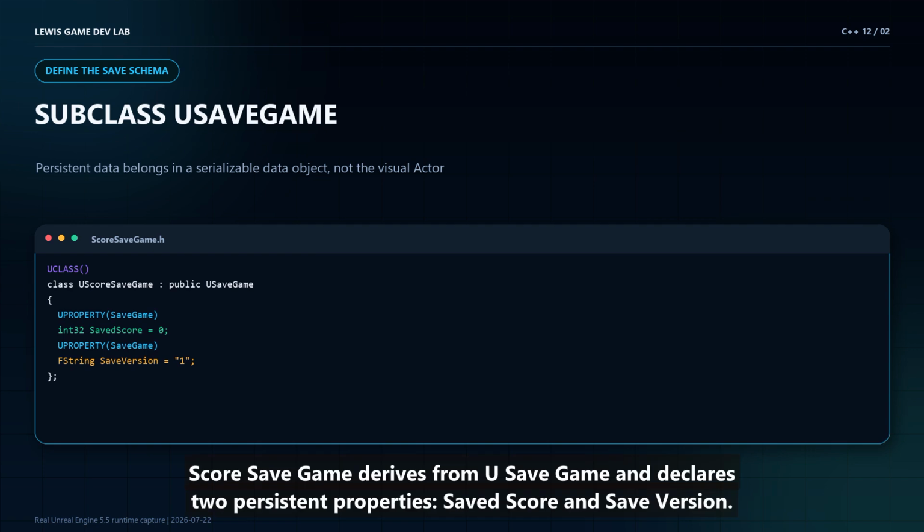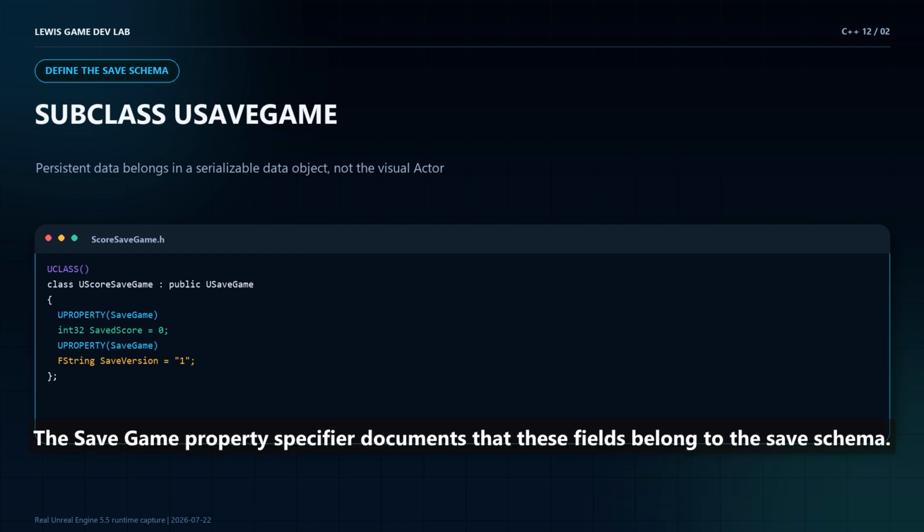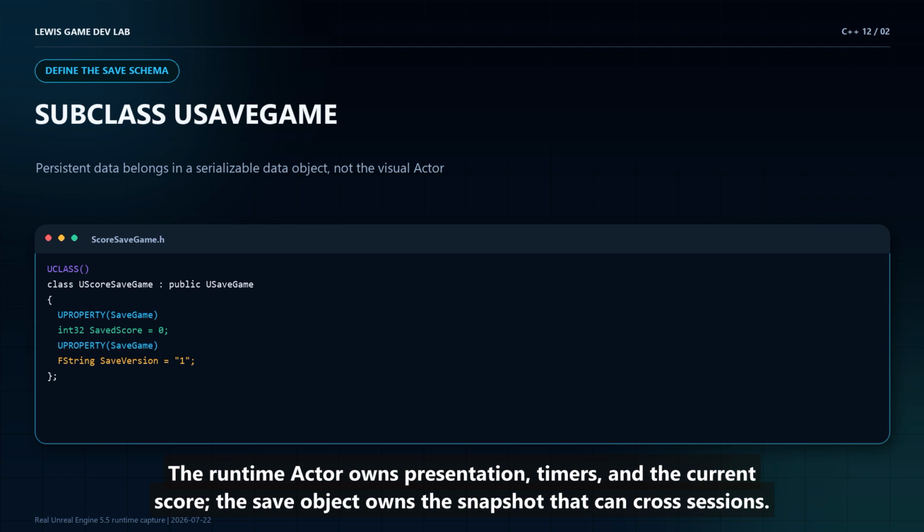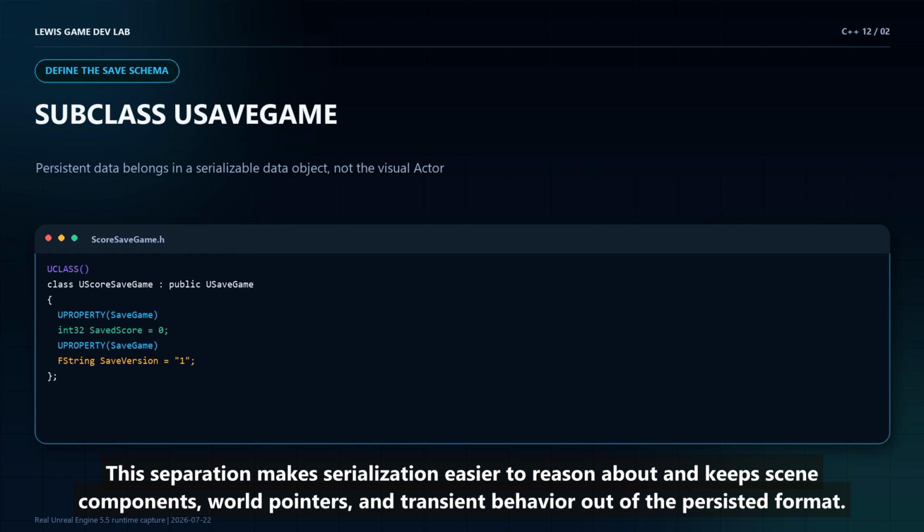ScoreSaveGame derives from USaveGame and declares two persistent properties, SavedScore and SaveVersion. The SaveGame property specifier documents that these fields belong to the save schema. Keep this class focused on data. The runtime actor owns presentation, timers, and the current score. The save object owns the snapshot that can cross sessions. This separation makes serialization easier to reason about and keeps scene components, world pointers, and transient behavior out of the